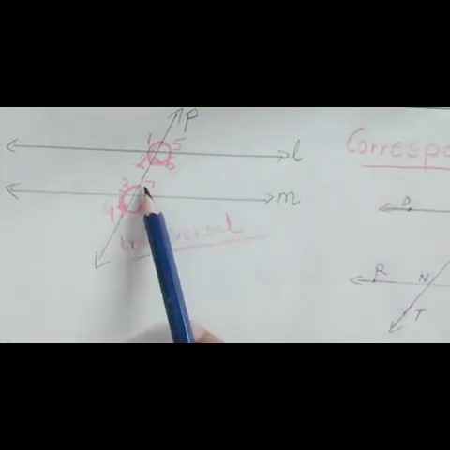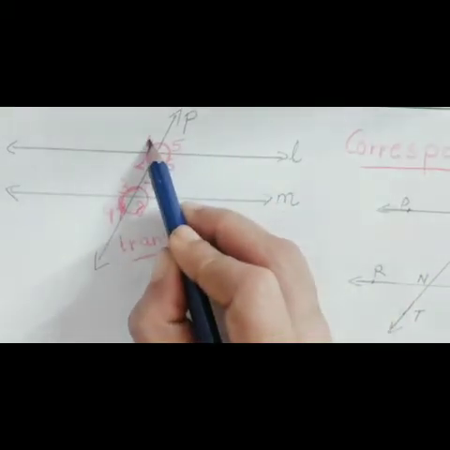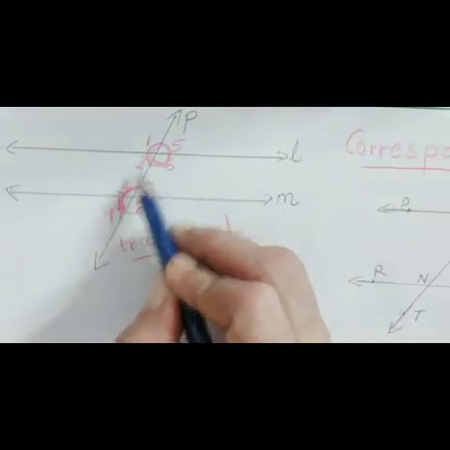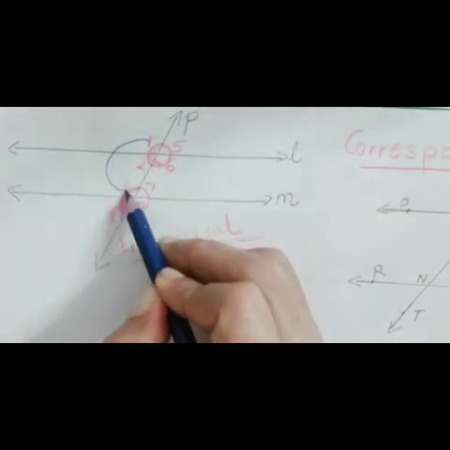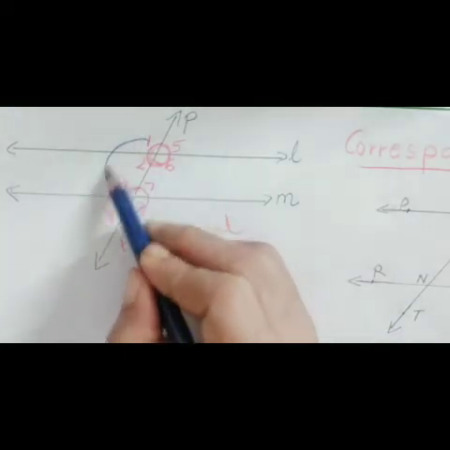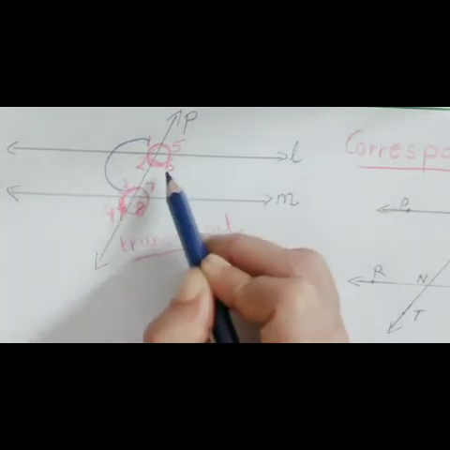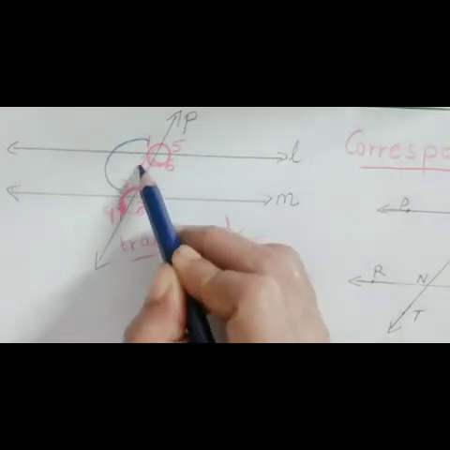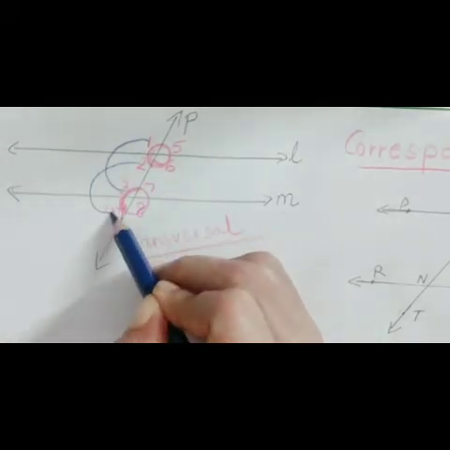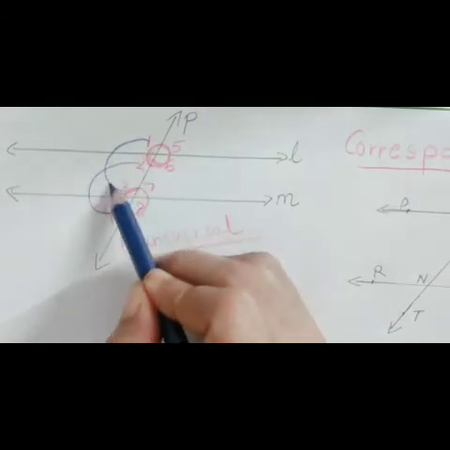So corresponding angles, how will you mark them? So let's see. Here you can see now 1, 2, 3, 4. So from that we need a pair, matlab jodi. So who is the partner of 1? 3. So you have to leave 2 and come to 3. 1's partner is 3. So angle 1 and angle 3 are corresponding. Then you have remaining angle 2 and angle 4. So angle 2 and angle 4 will be corresponding angles.